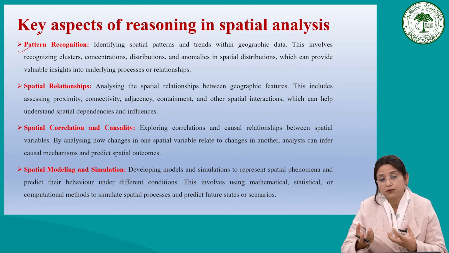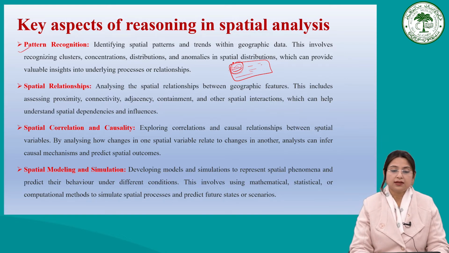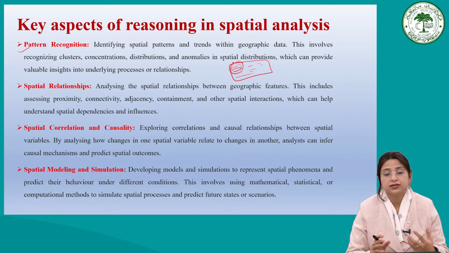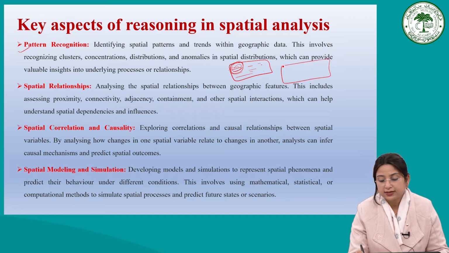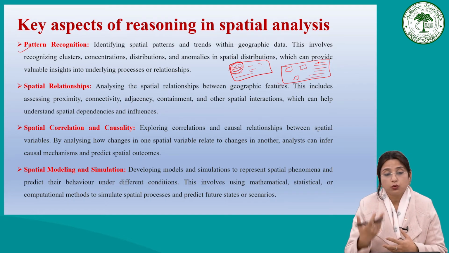which may involve recognition of certain clusters. For example, the crime rate. If in a particular region or spot there is clustering of crime as compared to other regions, we can say clusters can be found. Similarly, we see the concentration and distribution of various facilities and amenities, for example schools. We can find a clustering of schools in this particular region, but another region is not having any school, although there is lots of population. So we go through this type of visualization